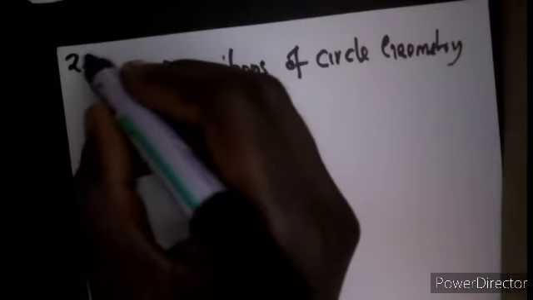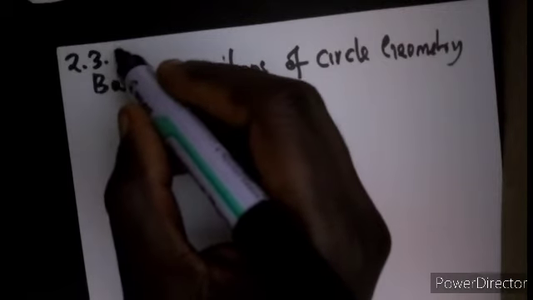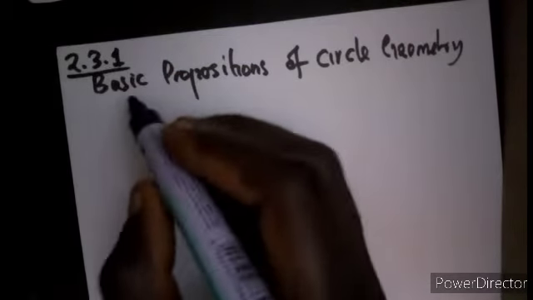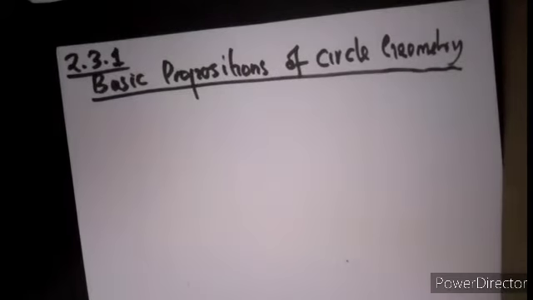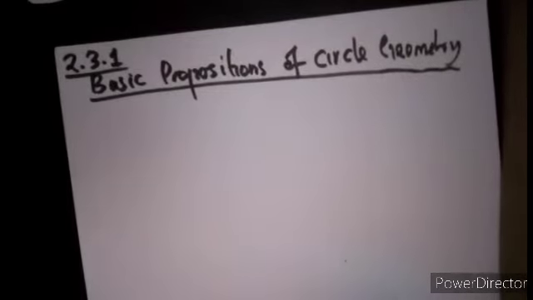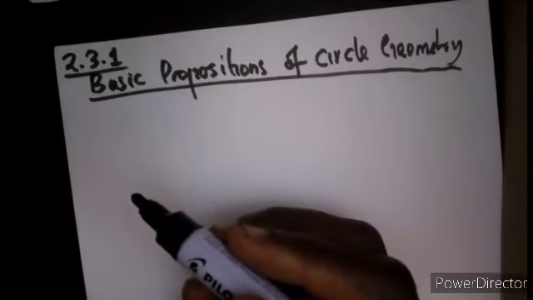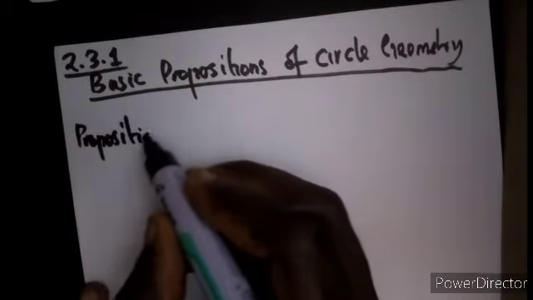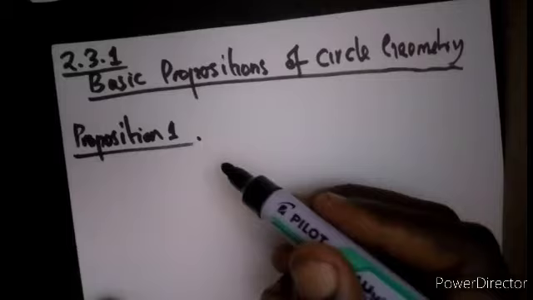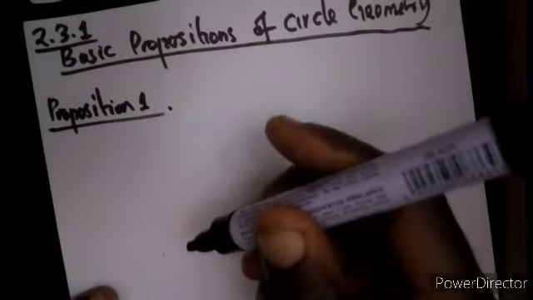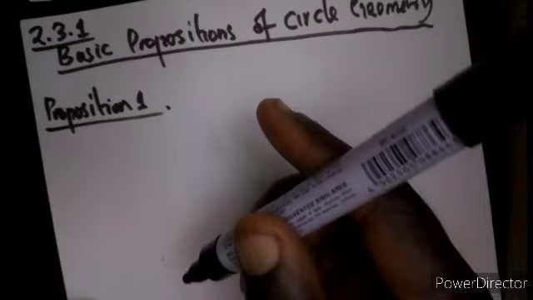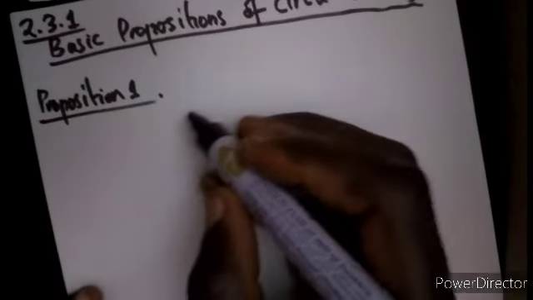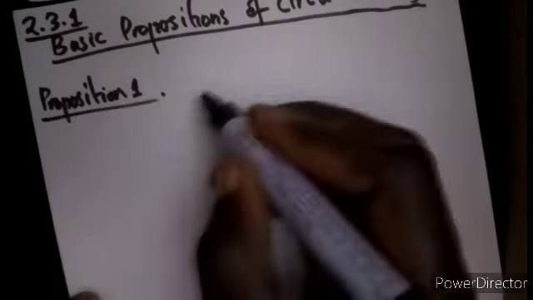This is actually 2.3.1. Okay. Now there are many propositions here. We'll start with proposition 1. Very popular proposition. Proposition 1 tells us that